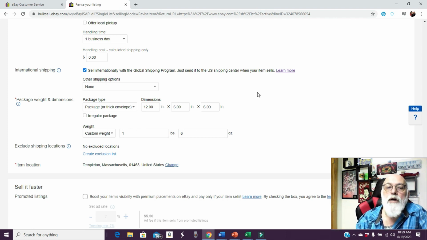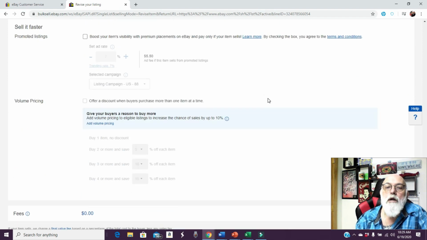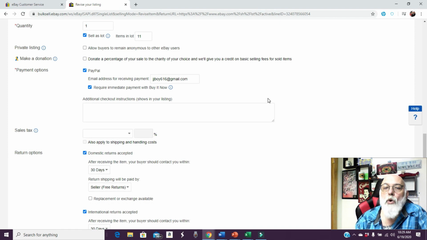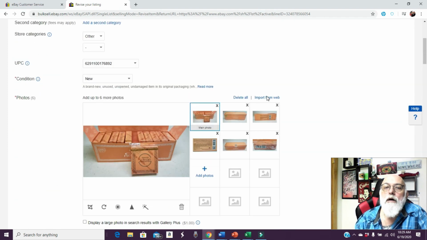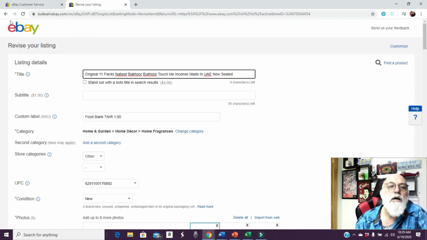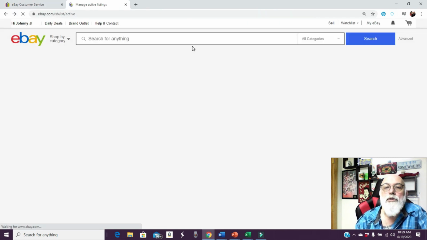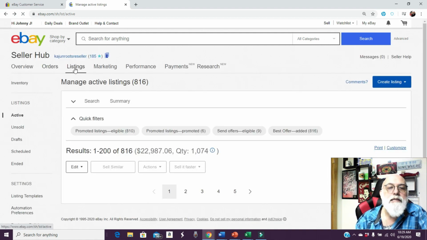This is where you would find it and set it up, whether you're doing each individual item that you're listing, or you can also do it in bulk, the same thing for all your items at one time. And then we'll go back to that and I'll show you where you can do that. Go back to your main items, make sure you're in the active listings, when it comes up,